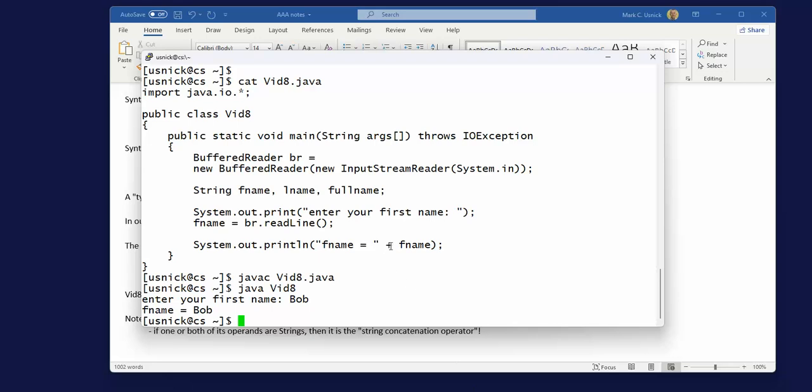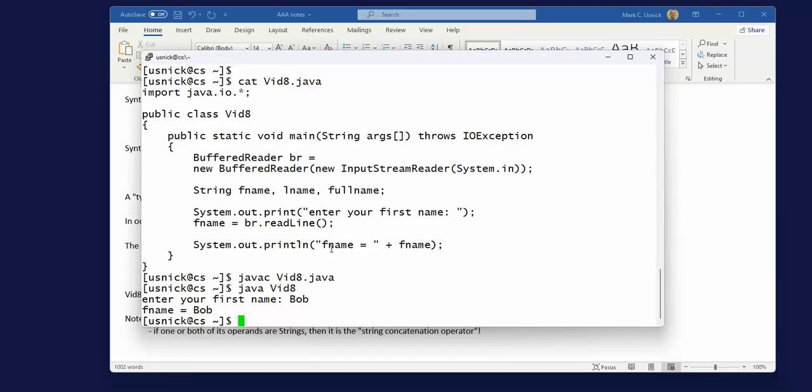Hey, we've got this plus sign in our program. So, Java has to figure this out. The compiler has to figure this out here. It sees this plus sign in our code, so it has to recognize, are we doing addition there, or is this string concatenation? And, well, our rule says,